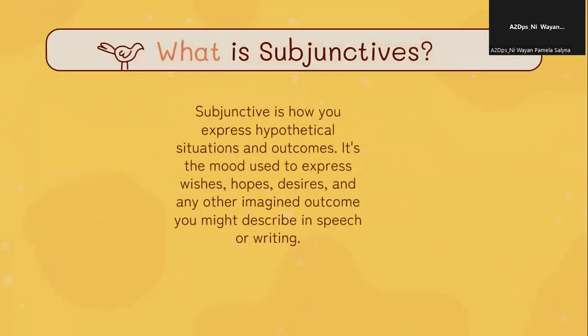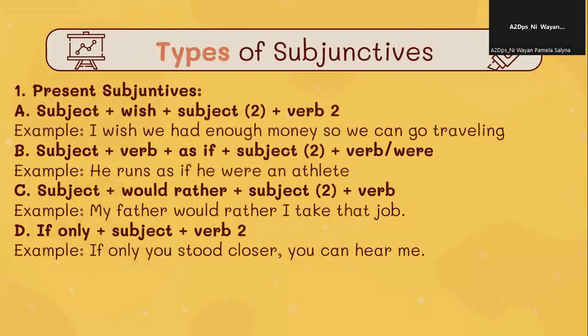And then let's talk about what is subjunctive. Subjunctive is how you express hypothetical situations and outcomes. It's the mood used to express wishes, hopes, desires, and any other imagined outcome you might describe in speech or writing. Then let's talk about types of